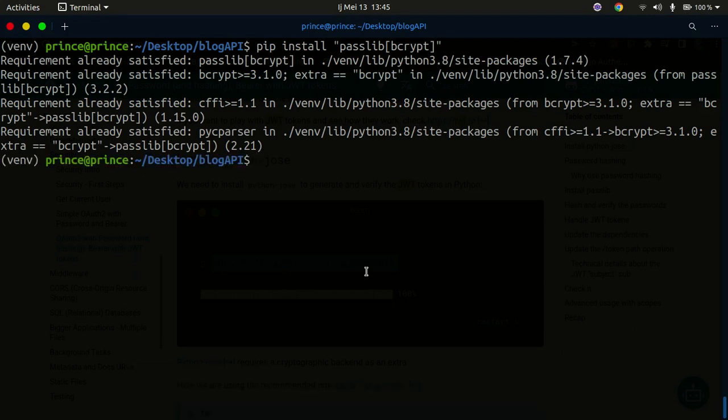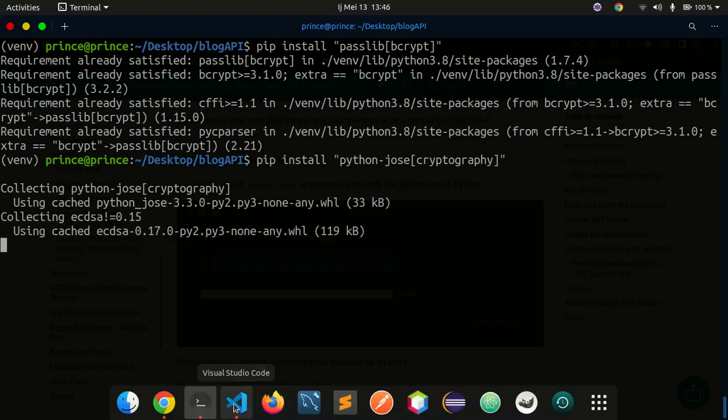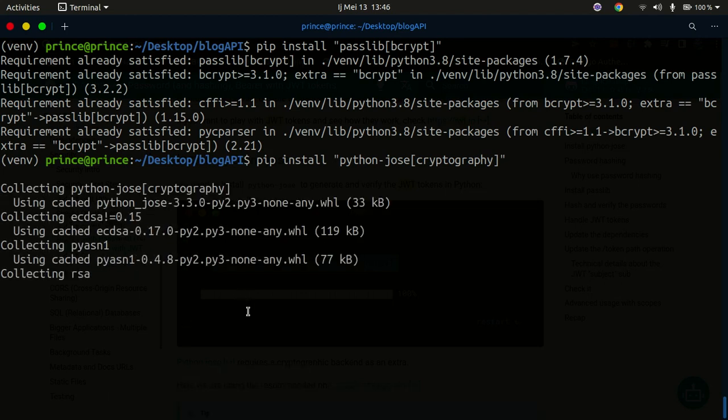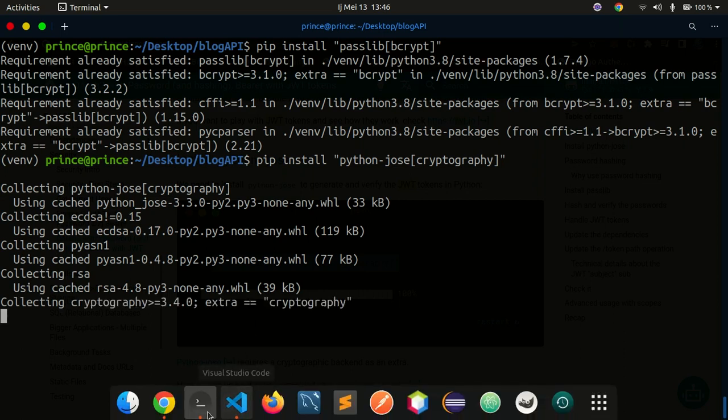So let's wait for that, and let's also try to put in the second one, and let's try to execute this as well, and let's see if that is also already installed. So it's collecting some things, and it should install everything. So once we have that done,